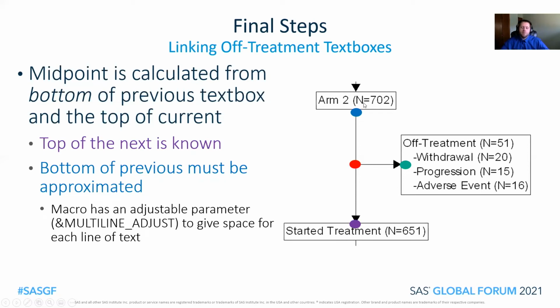I can adjust it when the font sizes go up and down, and that gives me what I call a guess bottom to the text box here. I can then just do the simple math of finding the midpoint between these 2 points in order to properly line up the text box in the middle.